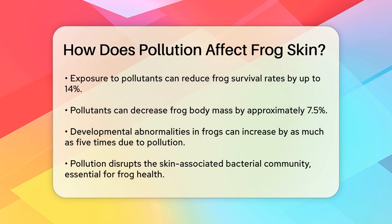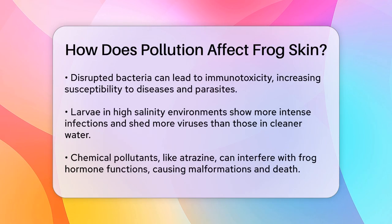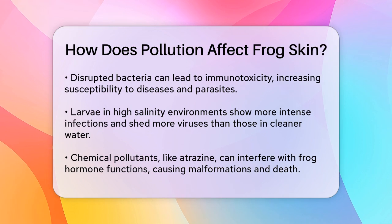Pollution also disrupts the normal functioning of a frog's skin. It can alter the skin-associated bacterial community, which is crucial for the frog's health. This disruption can lead to immunotoxicity, making frogs more susceptible to diseases and parasites. In fact, studies have shown that larvae raised in elevated salinity had more intense infections and shed more virus than